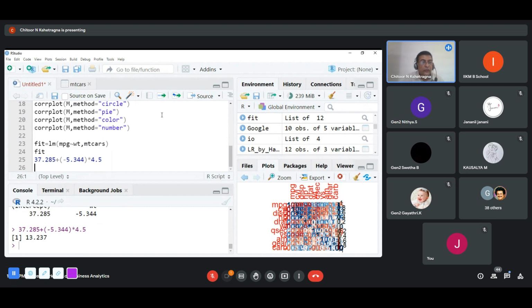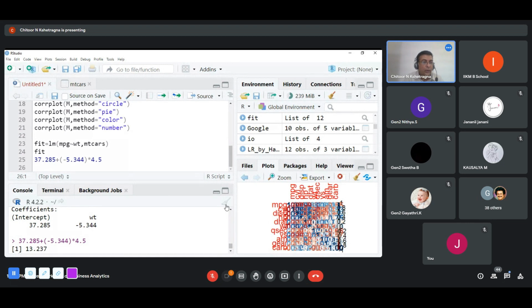Understood how we use linear regression to do a prediction? Right? We found that the weight of the car, we created an equation from linear regression. We took the intercept, we took the slope. I know a little bit of statistics. Let's not break our head. This is just a demonstration. We are predicting for the existing cars with this weight. If I'm going to keep a new car with a weight of 4.5, what will the mileage it will give? It gives me a mileage of 13.2.